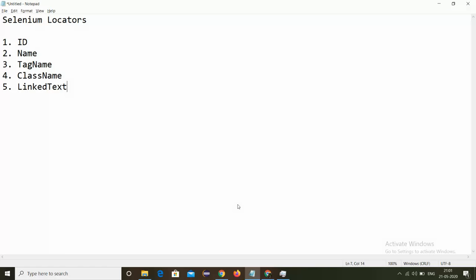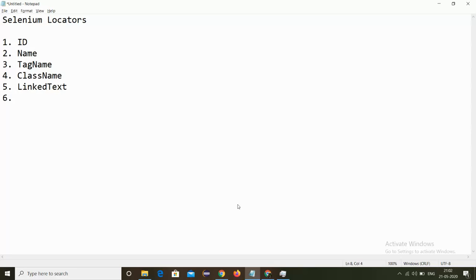Link text means suppose a link is there, and in that link we can identify the element. We can pass the link text, whatever is present in the UI, and using that we can easily identify our element.